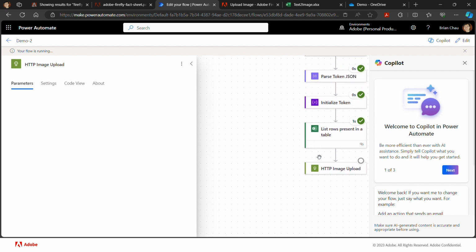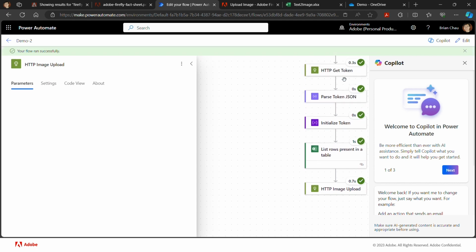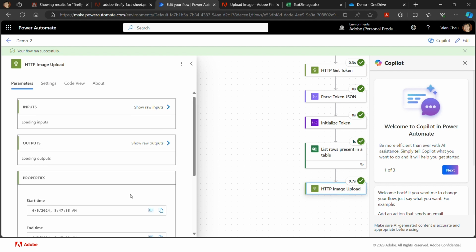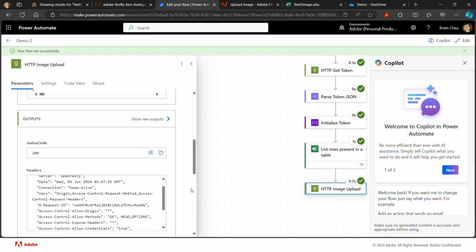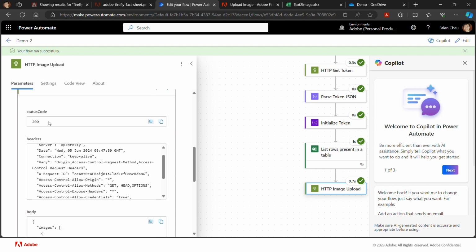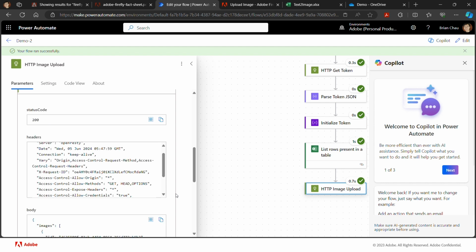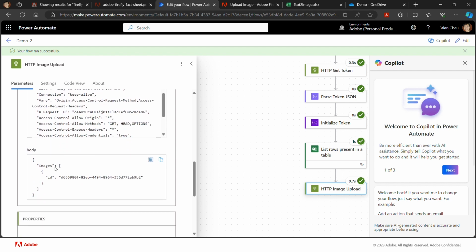So that's it, right? Let's just see how it works. So you see the green tick. Oh, all green ticks. That's wonderful, right? If I click the green tick, it tells me that the output is 200, so the status is good, right? And that the output is an image with an ID. So that is what we need, right? Because this upload